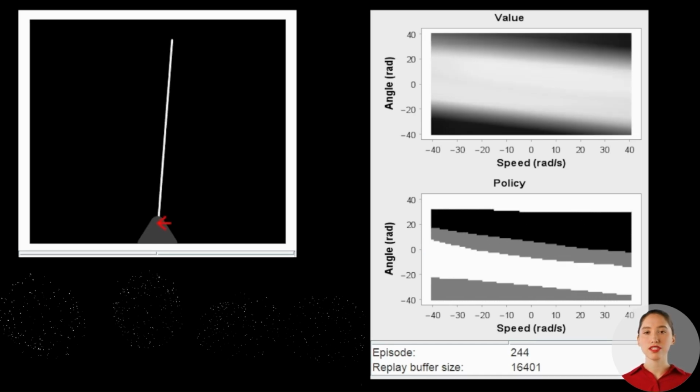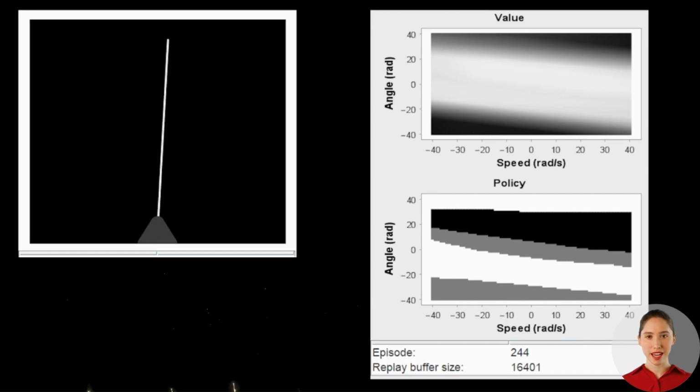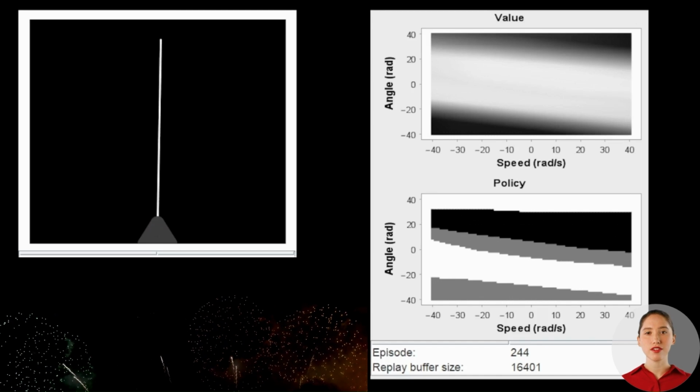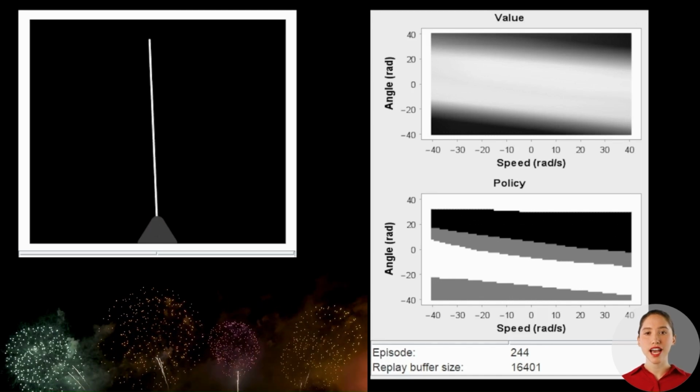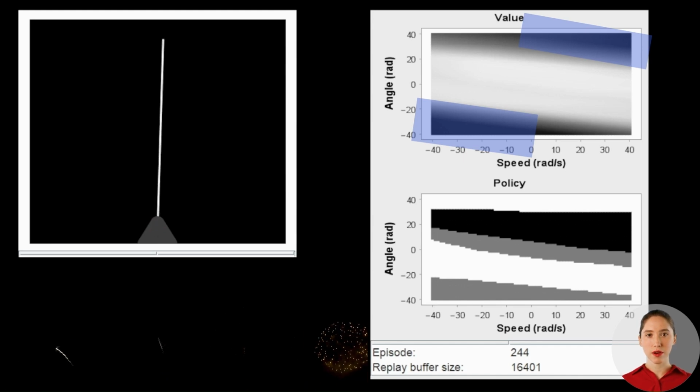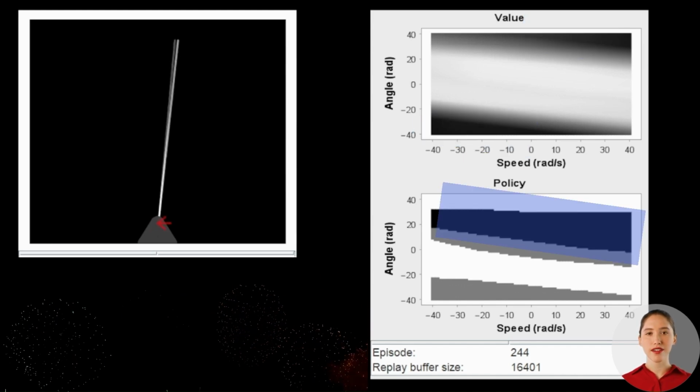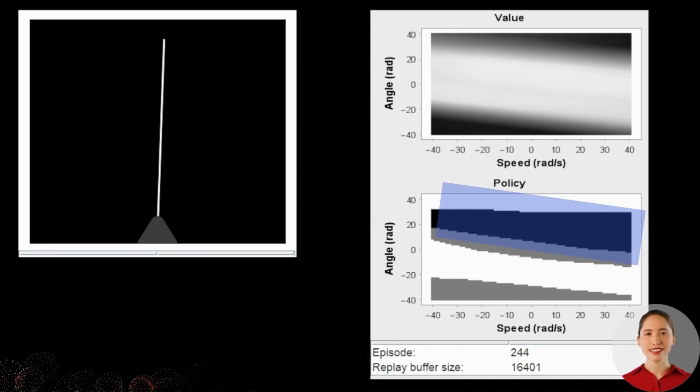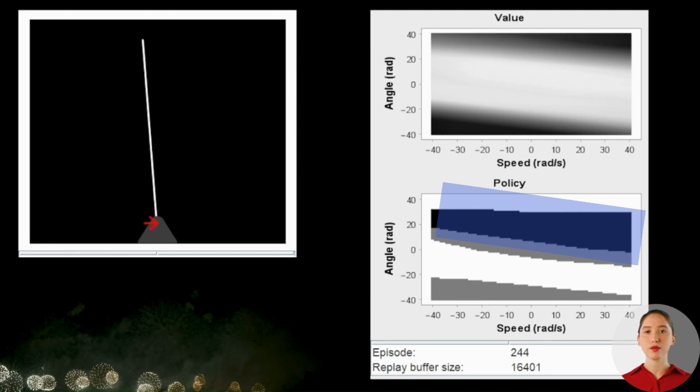Now almost 250 episodes have elapsed. Success. We can now observe the desired behavior. The pendulum does not fall. The value function shows that high speed, combined with a large angle, is deemed to lead to failure, marked by black areas. The black area in the policy plot indicates that negative torque should be applied when the angle is